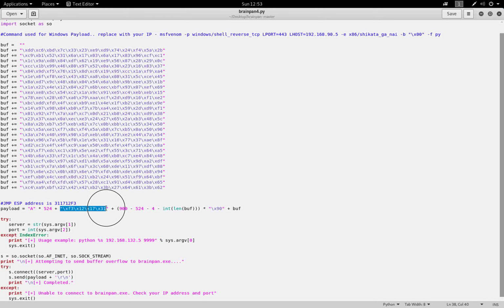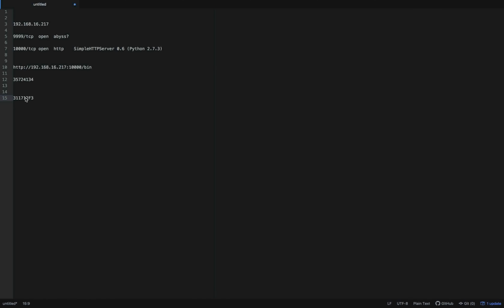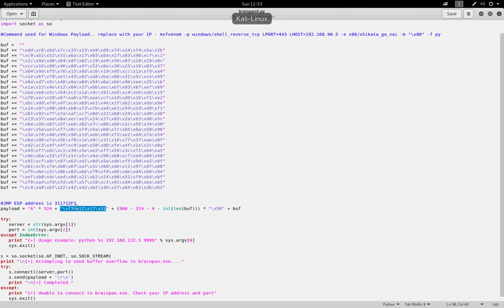right? And then we have the address which we had here, we just copied here. It is 311712F3, but it is little endian, so we start putting the things from the right. So you do it as F3 12 17 and 31, right? So that's why we have F3 12 17 and 31. This is going to be placed on the return address location, and the EIP, which is the instruction pointer, will try to execute whatever is there,